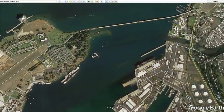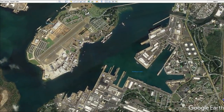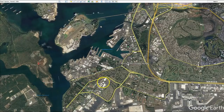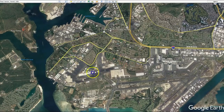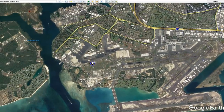Now, what I want to do next is go over some famous photos that were taken during the attack and give you an idea of an approximate location from which those photos were taken. Now, I've seen descriptions on the internet mistaking this field here, which is Wheeler Field, right in the middle of the island, and calling it Hickam Field. Back here at Google Earth, Hickam Field during the Pearl Harbor attack was this area right here. Of course, there's a new field there, a new airport. You can see it all through here. This did not exist at the time of the Pearl Harbor attack, but Hickam Field